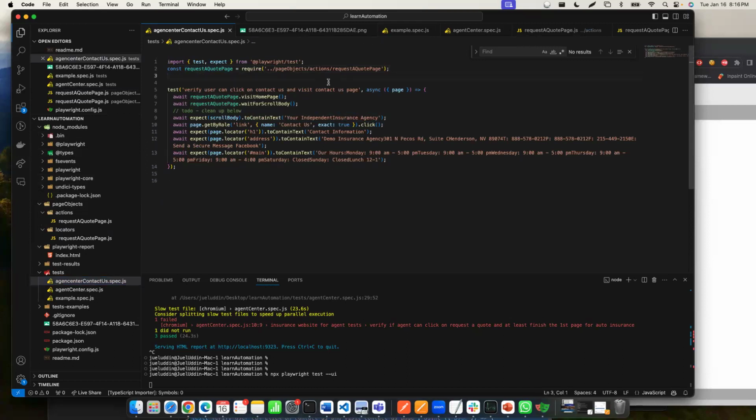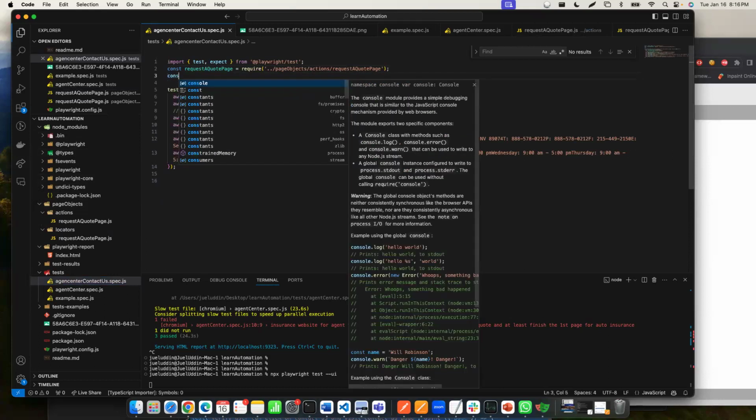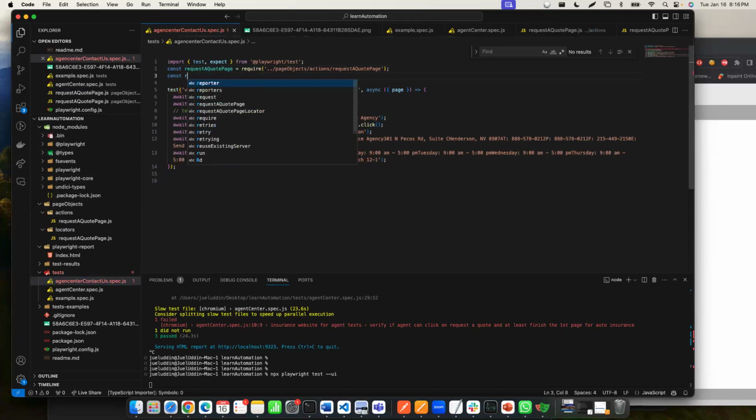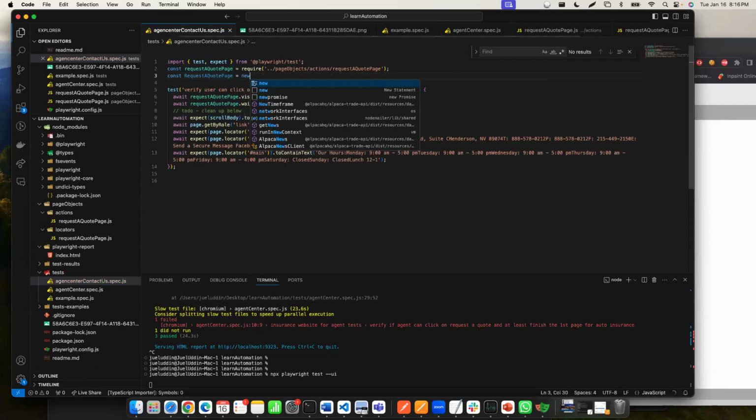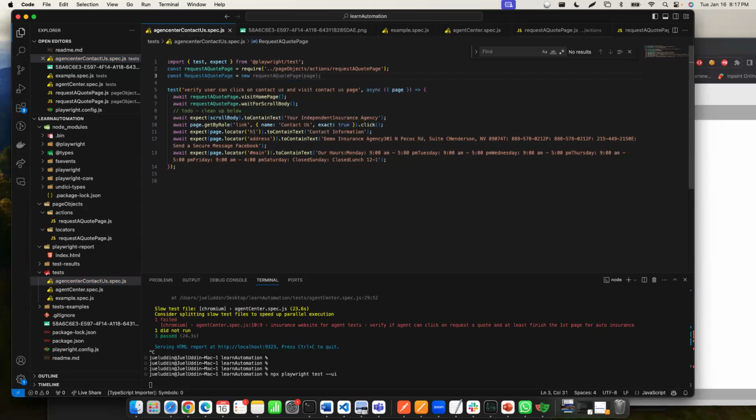So here I can say maybe another one, which is const. And I can say request. I'm going to start with the uppercase this time, Request a code page. So we have one lowercase and we have one uppercase, okay? And then it is equal to new, right? And I can say something like this, Request a, right? So in this case, I'll have to take the uppercase one, right? Because it's actually using,